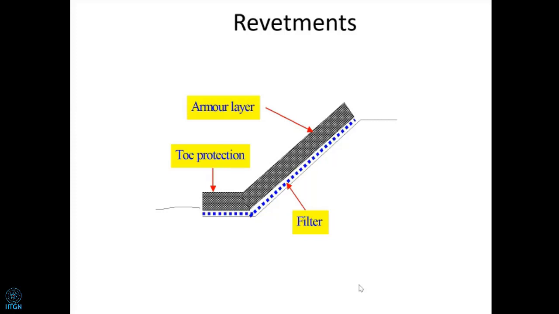Okay. Now, let us see. If you have got a filter, if you have got an armor, then what could be used for that? It is not that erosion control measures were taken only after the advent of geosynthetics. There have been filters, there have been armors. Before the advent of geosynthetics, the filter was a graded filter made of aggregates. The armor was tetrapods, big stones, concrete blocks, etc. They were used as armors.